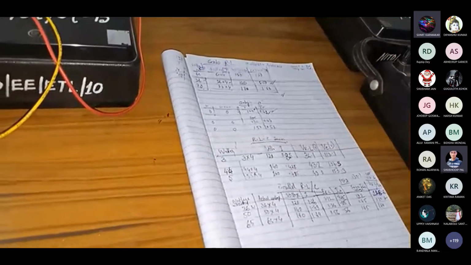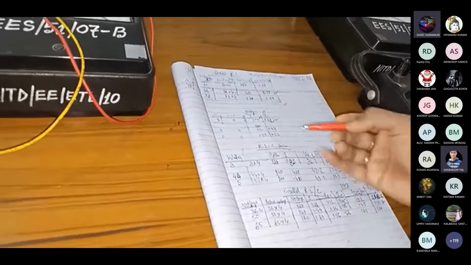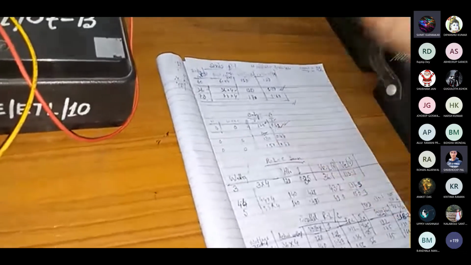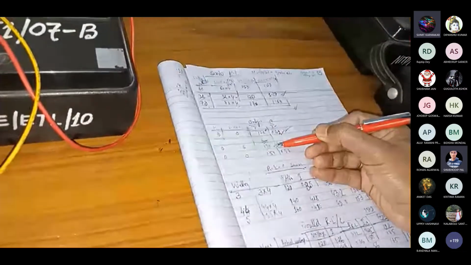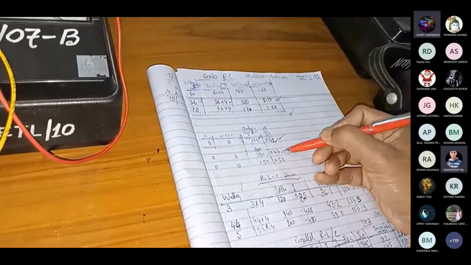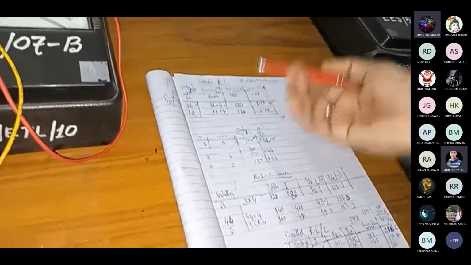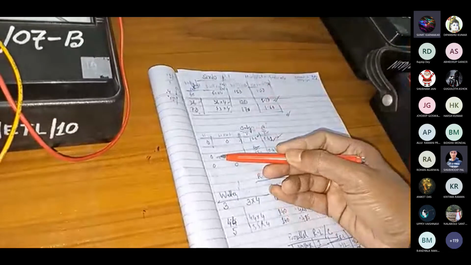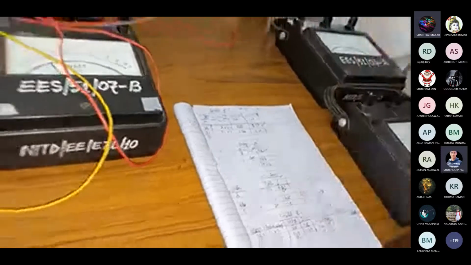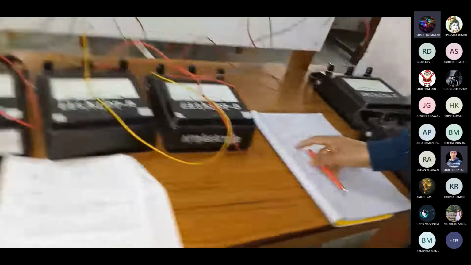Say for this, as I told you, you have to take a few readings, at least 3 or 4 readings. So again, I have increased the voltage to 130 volt, and the corresponding current was 4.44. At that time also it is the same capacitor, so there is no resistance. That's why 0 is the wattage consumption. Similarly, when I increased it to 150 volt, the current was 0.52, but the wattage is again 0 because the capacitor does not have any resistance.